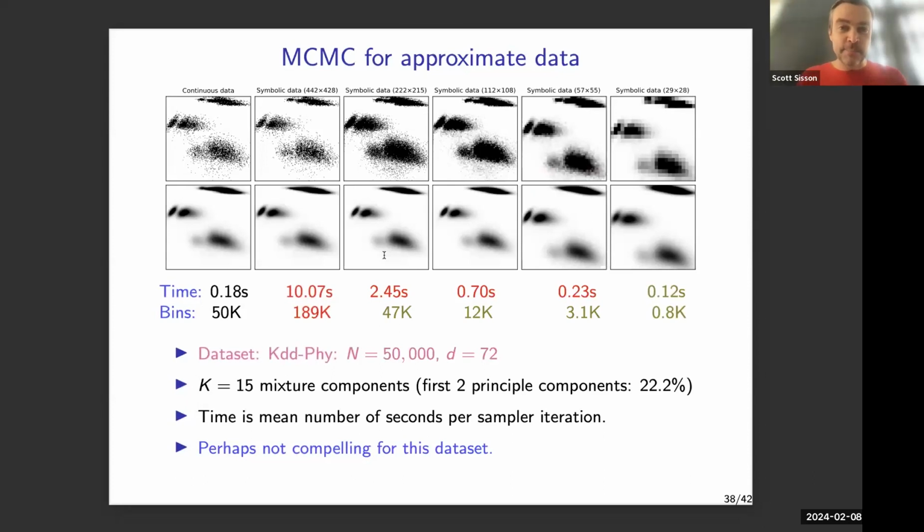We went and raided a machine learning data repository. So for various data sets, we've done, what have we got? Each data set has a number of data points. This is a small one. We're fitting a 15-dimensional mixture distribution. We're only doing it in 2 dimensions here, just for sanity, because it's not going to scale that great. We've got various degrees of approximation on the top, and then various plots of the fitted density at the bottom.